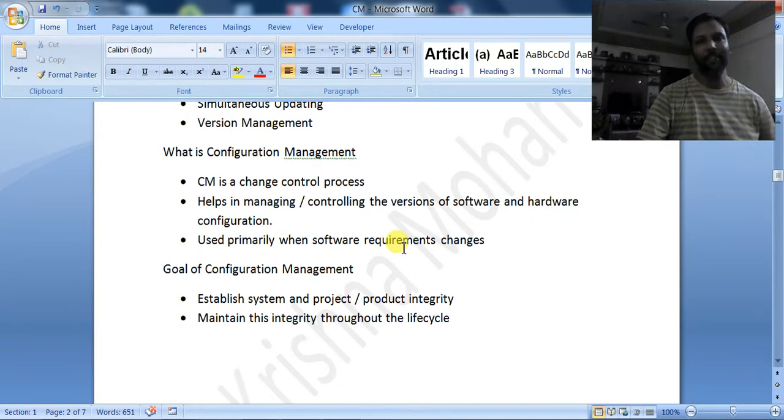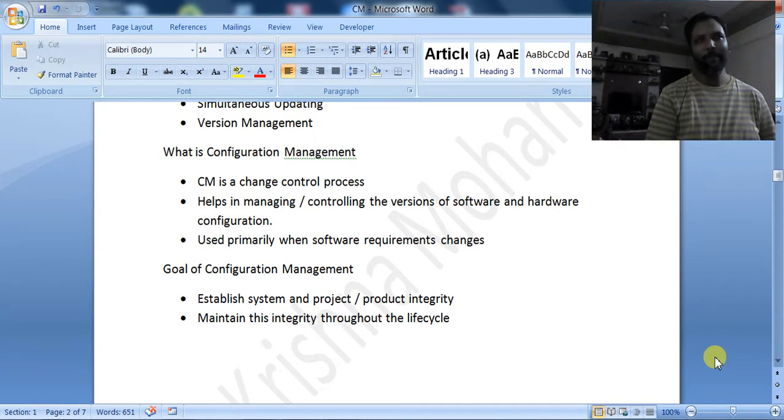Whenever any change comes, then the configuration management comes into picture. Then you would be thinking, if no change is happening, then configuration management is not there. Configuration management will be there from the starting to the end. Whenever any first document is being prepared by us, whenever the project starts, the configuration will be there, because it is a support process. It will be